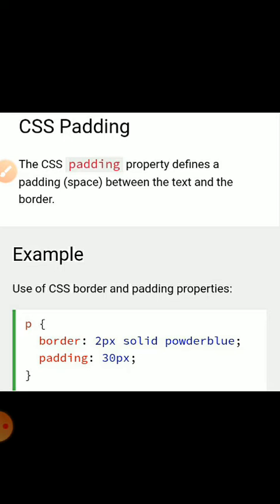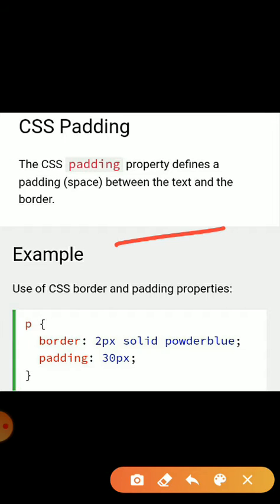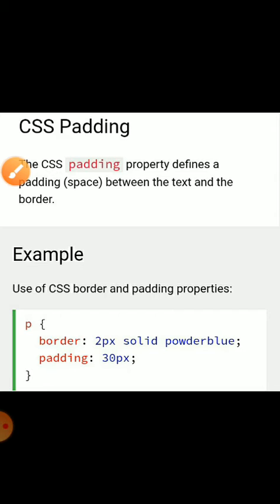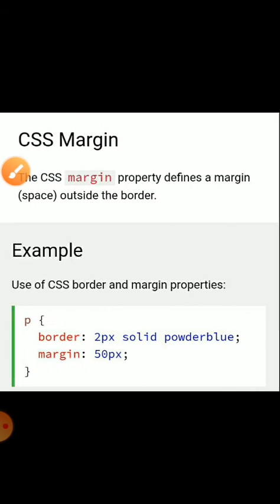Then if I want to add one more property, padding, we just separate it with a semicolon, and then padding colon 30 pixels and semicolon and closing the curly bracket. So it will change the space. Okay, if I write the text here and it is my border, it will give space between them. It is called cell padding.